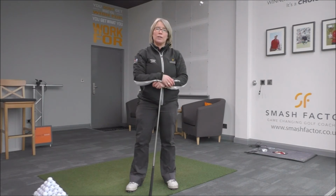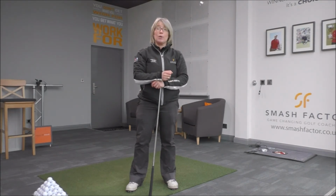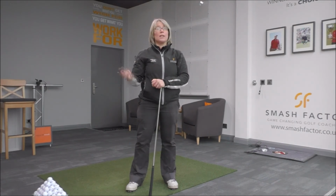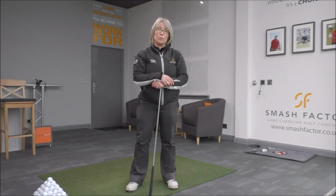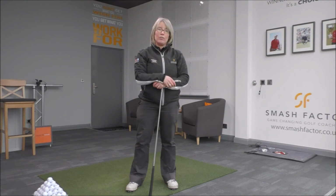And once you finish doing that for a third of the time, or the balls, go into your final phase, your final third, which is pressurized practice. So think of a time when you felt pressure. It could be that you're going down 18, needing a par to lower your handicap, or needing a par to win the club championship, or it could be going to the first tee when you feel really nervous and you want to get a good shot away. Try to visualize you're in that situation